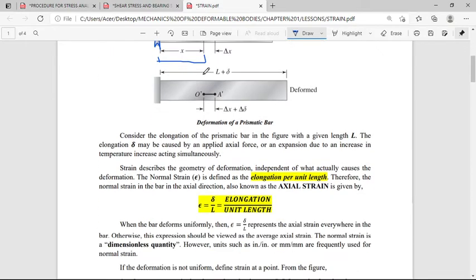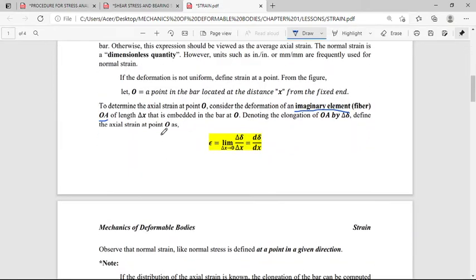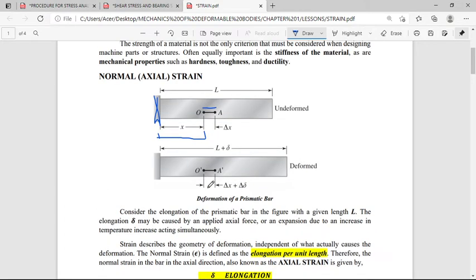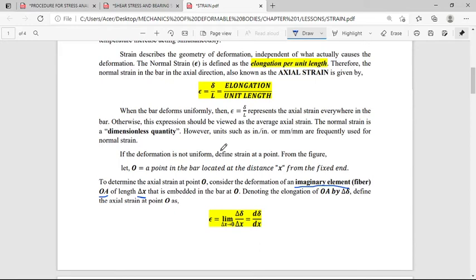Yung O to A, of length delta x. So, yung fiber OA daw na kinuha niya ay may habang delta x. Nasan yung delta x? Obviously, ito. That is embedded in the bar at O. Denoting the elongation of OA by delta gamma,